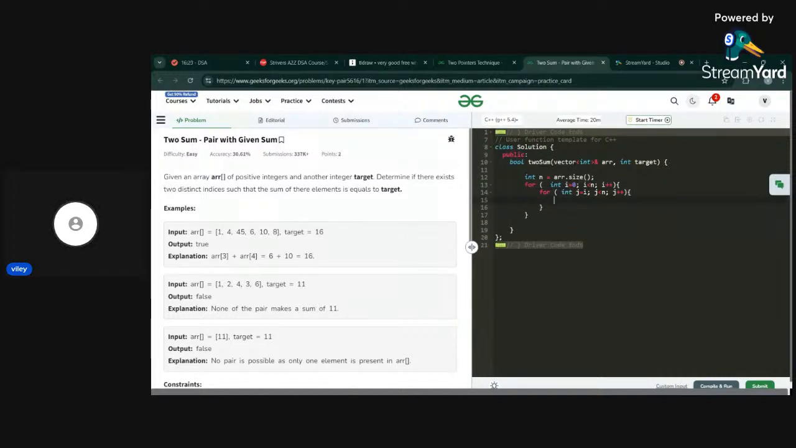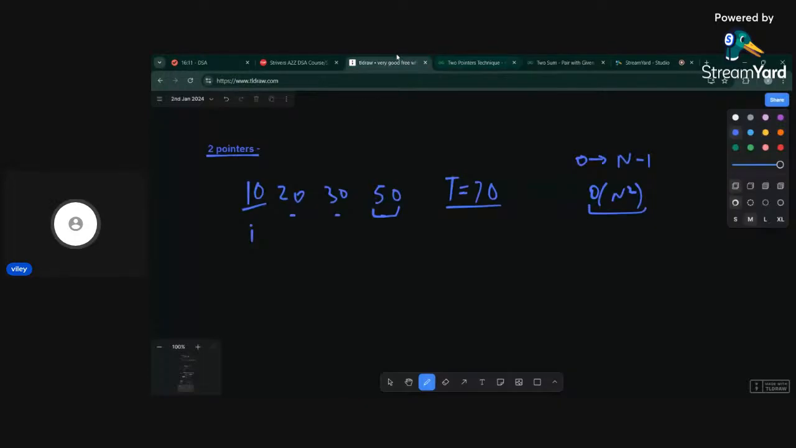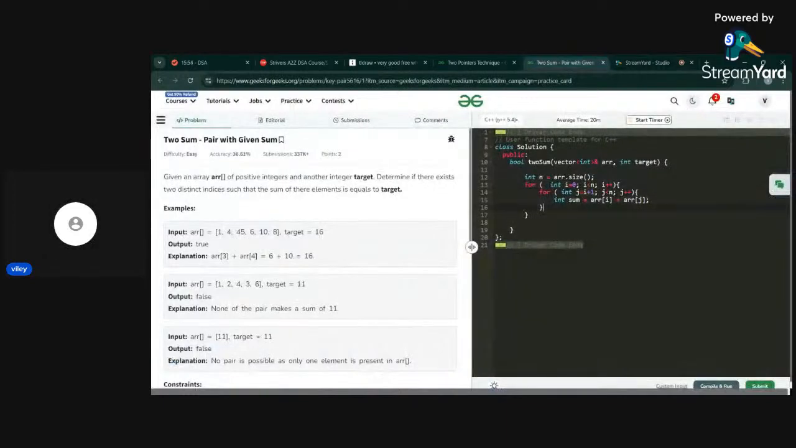So the value of the sum, we need to calculate integer sum, which will be array of i plus the array of j. Here j starts from i plus 1, because when this remains i, this is i plus 1, then this is i, then this is i plus 1, then this is i plus 1, like this the i plus 1 moves on. So we calculate the sum, and we simply say if the sum is equal to the target,